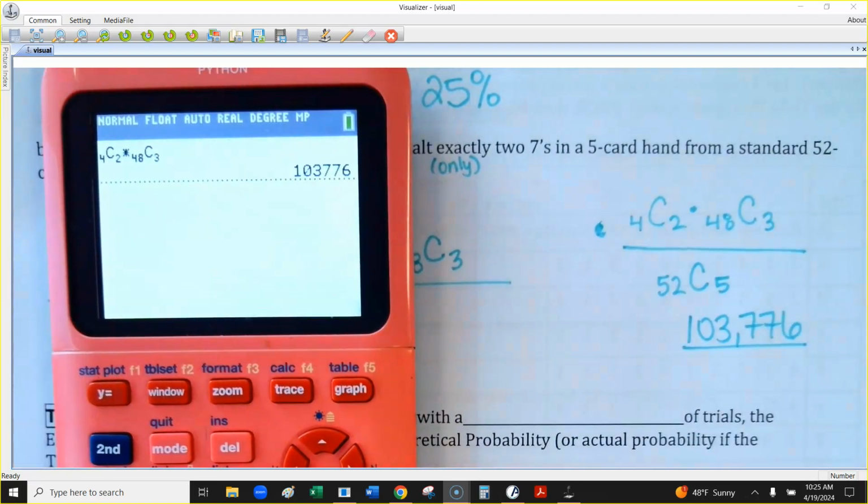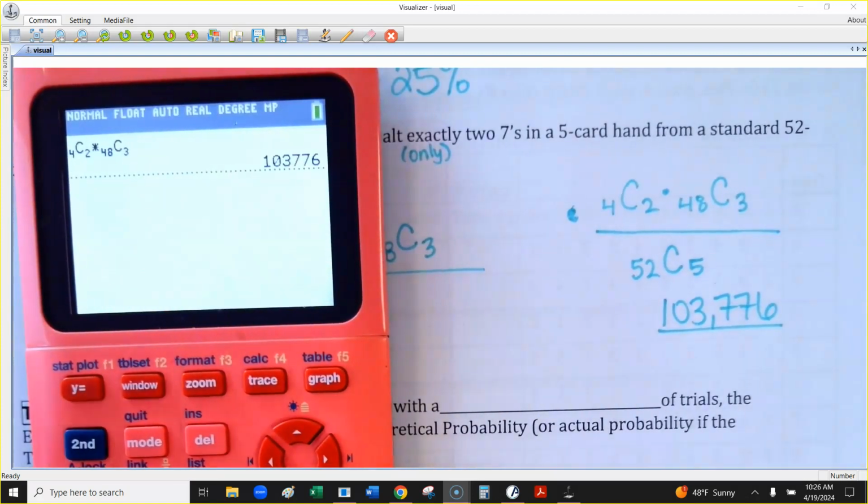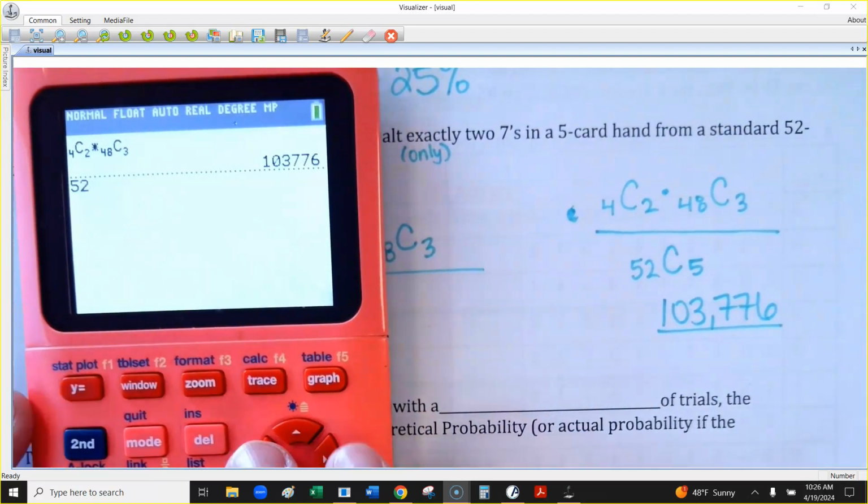103,776. That would be all the hands that would just have 2 7s, which is a ton, right? But you got a lot of cards in the deck. You got 52, so there are over 100,000 different hands you could get that just had 2 7s. Now, the total number of cards, I'm going to type 52, hit math or hit probability if you got a